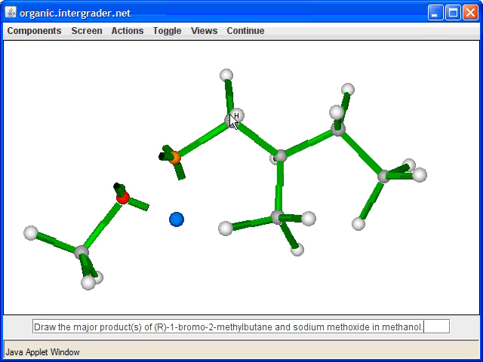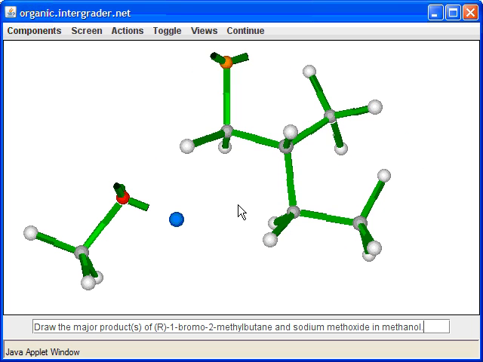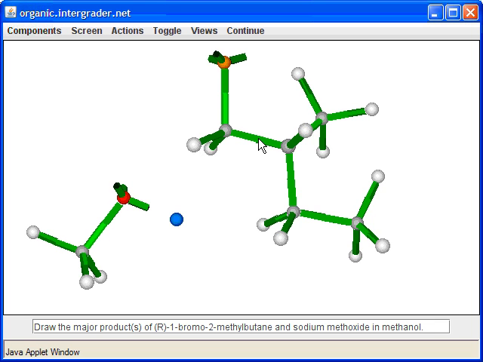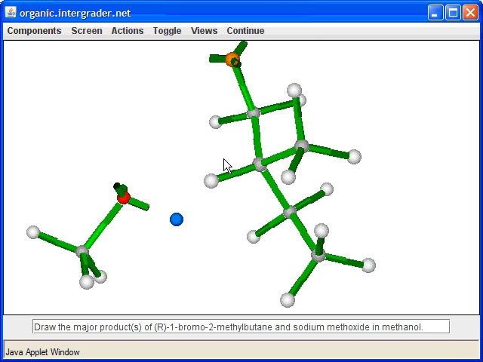Okay, and so in this case, we'll vote against doing an SN2 substitution, because to do the SN2 substitution, this nucleophile would have to come from the backside here. And of course we can't do an SN1 or an E1 reaction in this case, because this is a primary carbon, and you can't do E1s or SN1s in these cases. So the only other choice we have left in this particular reaction is to do an E2 elimination.